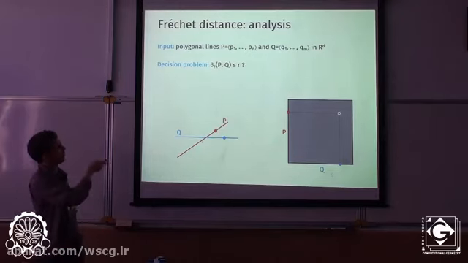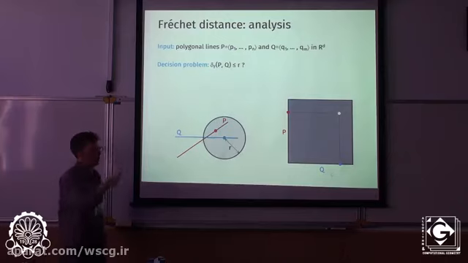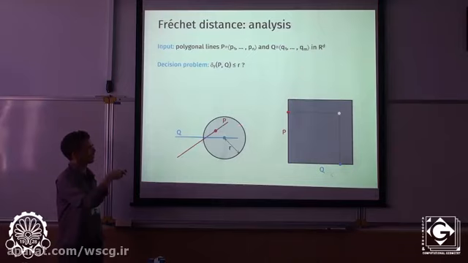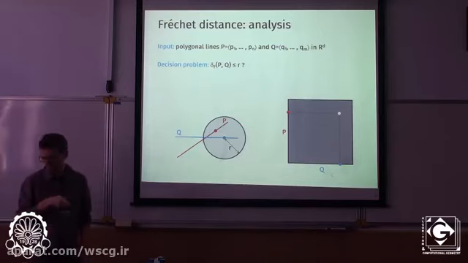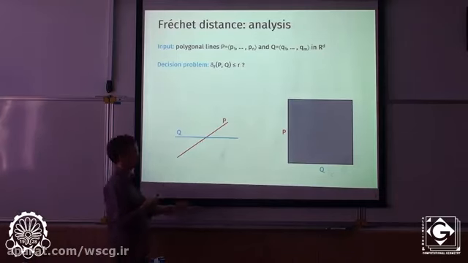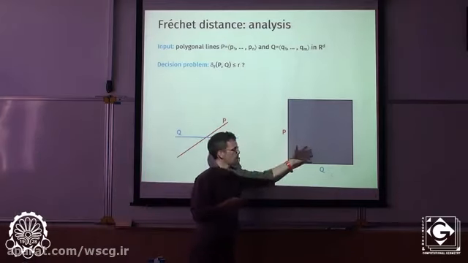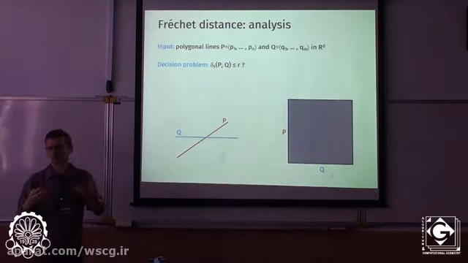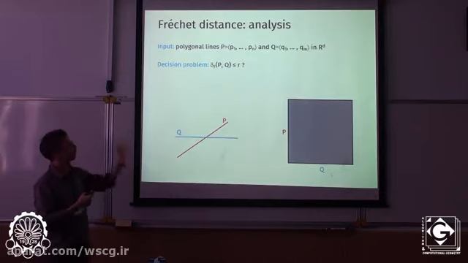And now if we want to know whether the distance at this point is smaller or equal to R, we can easily check that. From a more geometric perspective, what we're interested in is if I now draw a disk of radius R around, let's say, this point here, is this other point within that disk. So what we now want to do is essentially first determine all points in the product space where the distance is smaller or equal to R, and we will then use that to compute an